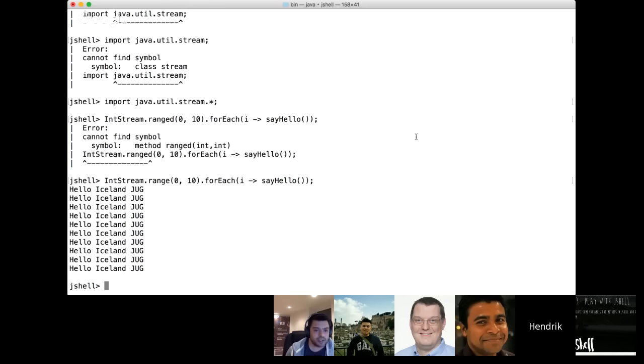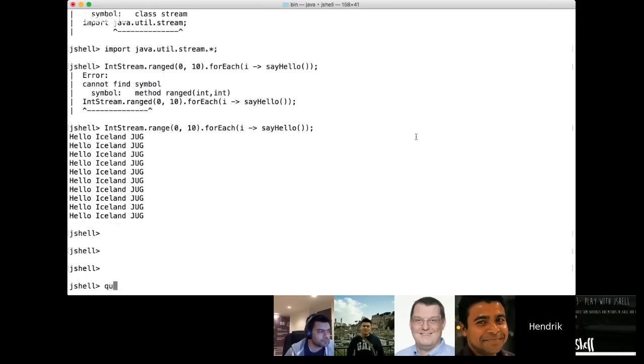Wegbert asks, is there any way to load a file? E.g., could I create a default imports.jsh to import a bunch of packages by default, just to facilitate things? I don't know, to be honest. There are some additional commands that you can use in jshell, and these are the next steps that we will have a look at. But I don't know if there's a command or a way, or even a parameter at the start of jshell,